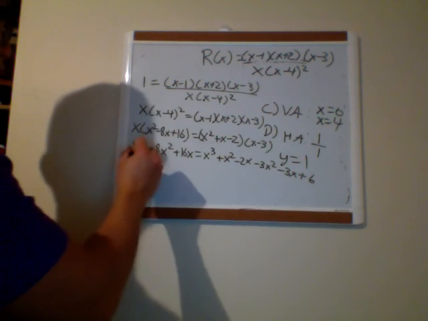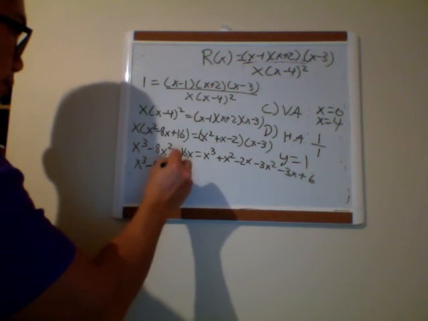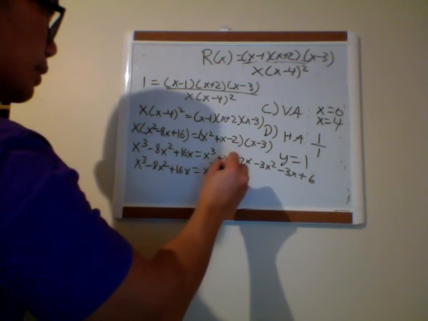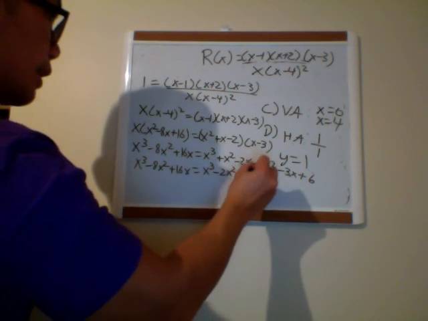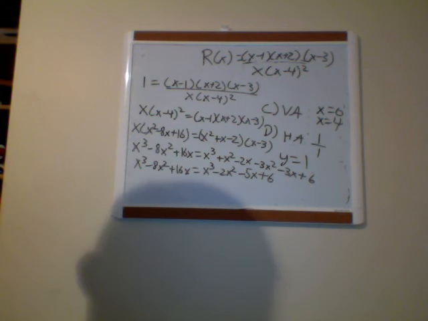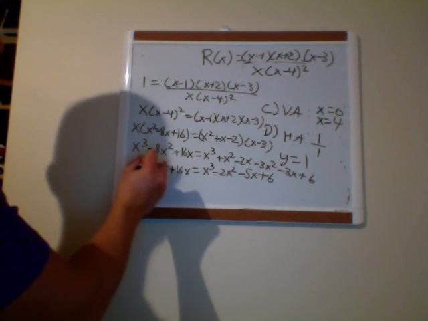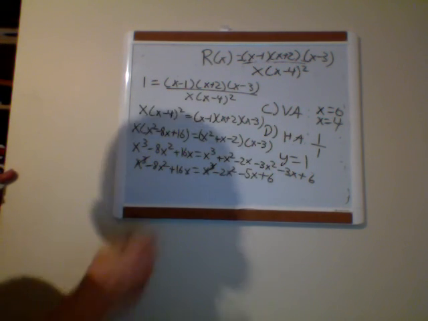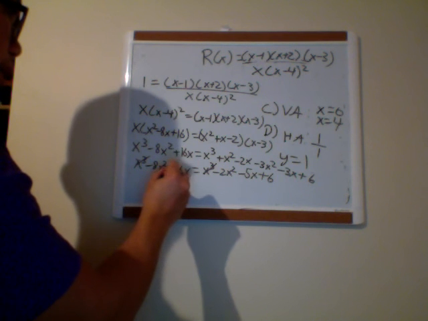Combine like terms. So I have x to the third minus 8x squared plus 16x is equal to x to the third minus 2x squared minus 5x plus 6. Hopefully I did all the math correct. And let me just check. Okay. The x to the thirds cancel. And if I move everything to one side, this becomes 0 is equal to